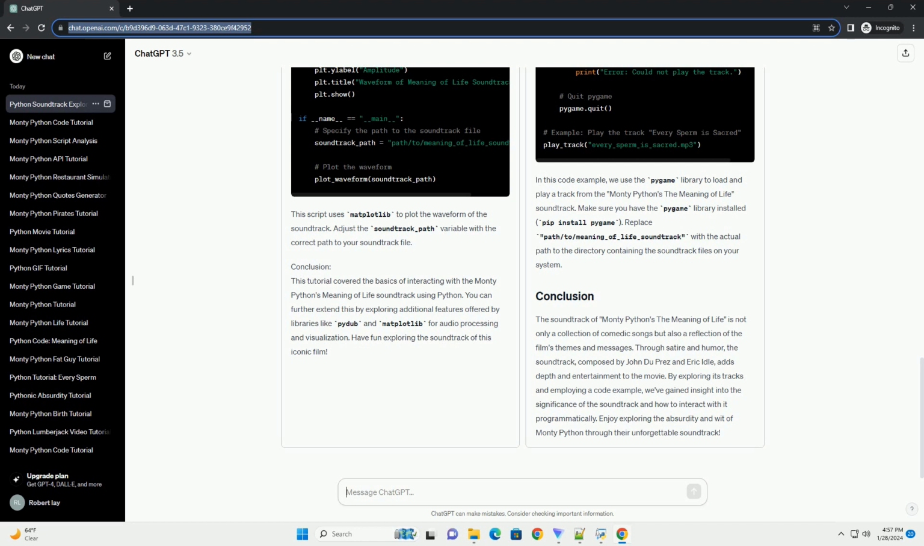The Monty Python comedy troupe is renowned for its irreverent humor and unique style. Monty Python's The Meaning of Life is one of their iconic films, featuring a soundtrack that perfectly complements the absurdity and satire of the movie. In this tutorial, we'll explore the soundtrack of Monty Python's The Meaning of Life and discuss its significance. Additionally, we'll provide a code example to demonstrate how to access and play some of the memorable tracks from the